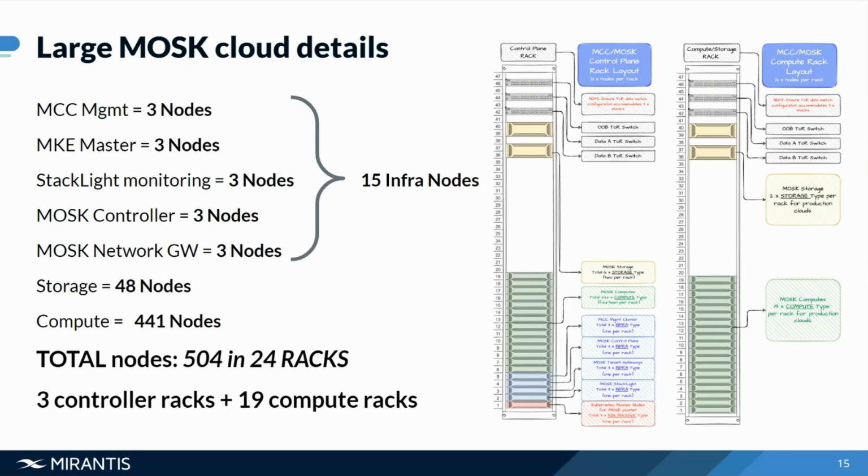So in the current design we have 2 types of racks. We have a controller rack and a compute rack. Both of these racks have storage nodes. And the difference is the number of compute nodes per rack. So the compute node rack, as you can imagine, only contains compute nodes for workloads. And then the controller rack does have an infrastructure section,